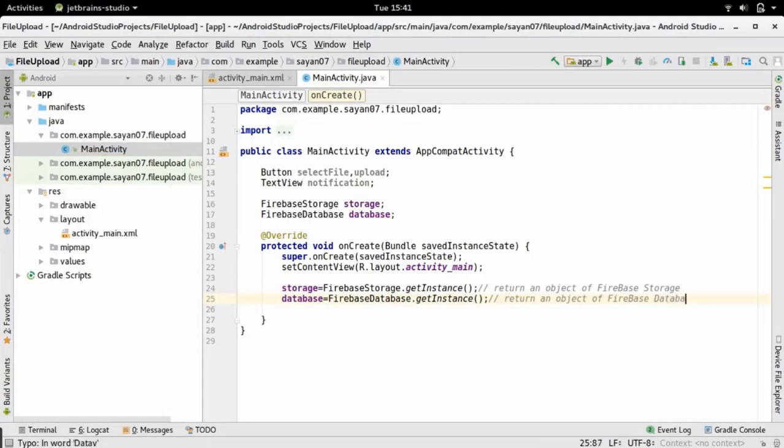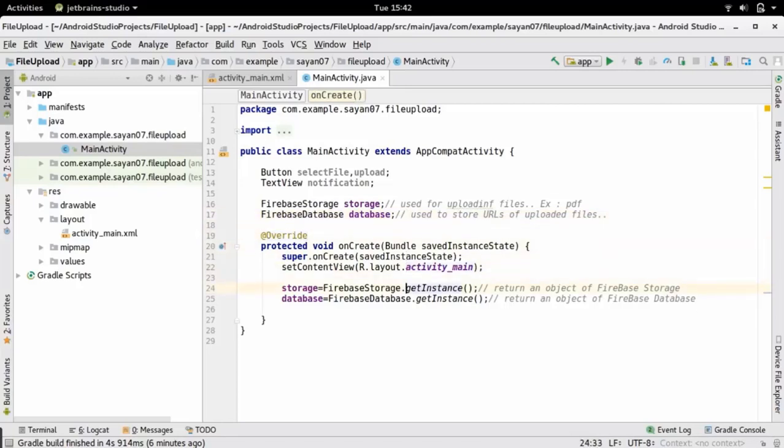So I hope you got it. We are going to upload files in this storage, Firebase storage part, okay? And we are going to store the URLs of our uploaded files in our Firebase database. So let me write: used for uploading files. Here for example we are going to upload PDF, and it will be used to store URLs of uploaded files, okay? Because we will use the URLs to locate our actual file at a future point in time, okay?